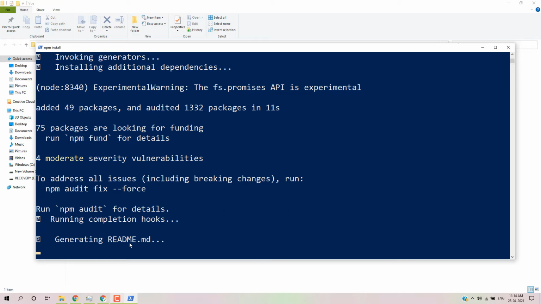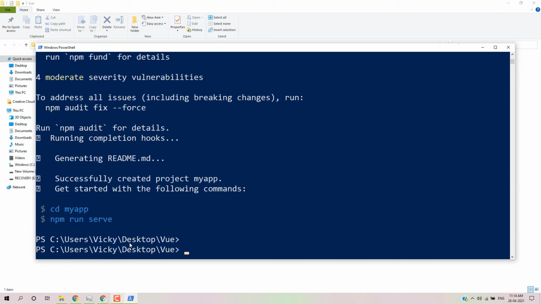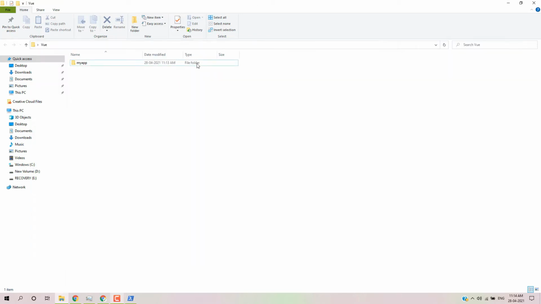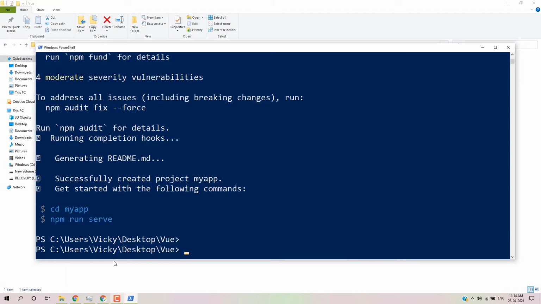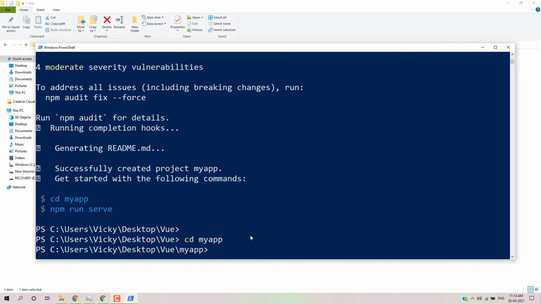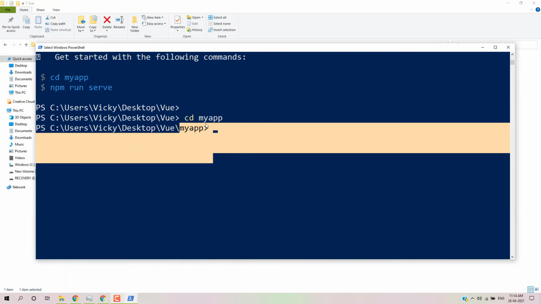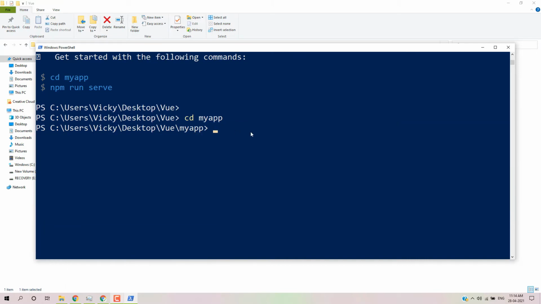Okay, my project is ready, and then we have a directory. This is the project folder, my-app, and inside my-app we have some files. We can go into it with the cd command, change directory, and the project name. My directory name is my-app, so now I'm inside the my-app directory. I can open my VS Code editor by typing code dot. With the help of this command, you can directly open your VS Code editor from this folder.